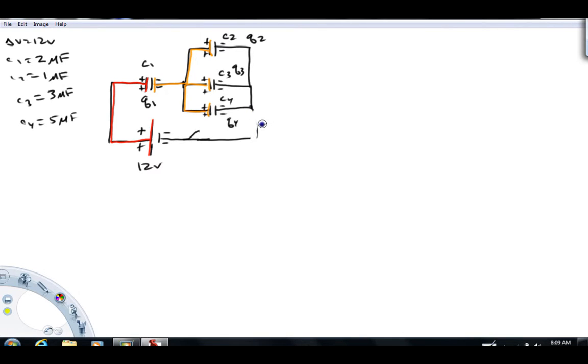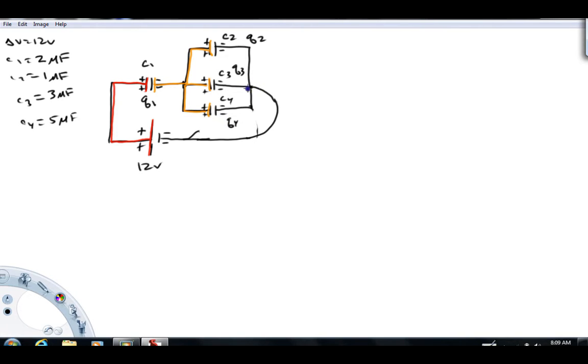If I were to cut this wire, make it the same color wire, and move it over to here, it's exactly the same problem. Or in fact, I could connect this wire to here, and it would be exactly the same problem. Where that wire's connected does not affect the problem at all. So I'm just going to connect it here again. All right, and the reason it doesn't affect it